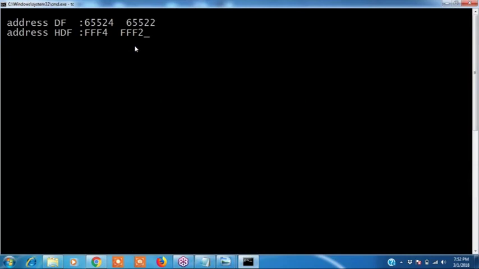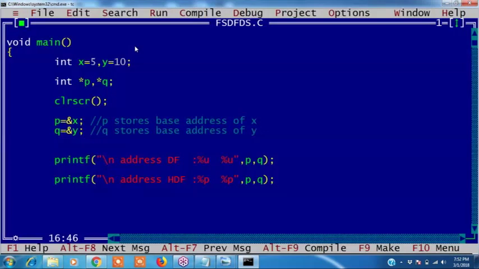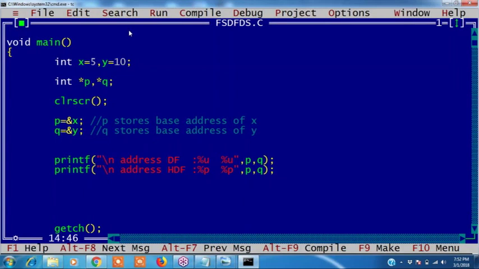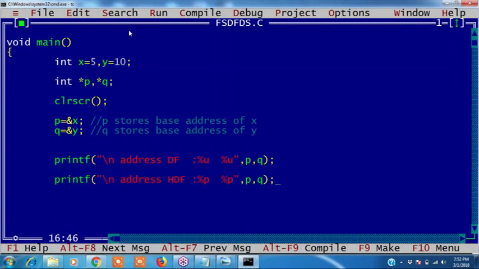That is hexadecimal format. Okay, how to print the data? You understood, right? How it is printing decimal and hexadecimal. Now I want to print a data. How to print a data? In printf, the data I want to print. Okay, how to print a data? Values. Nothing but a data means values. How to print values? If you want to print values, you have to use percentile, and percentile values I want to print.